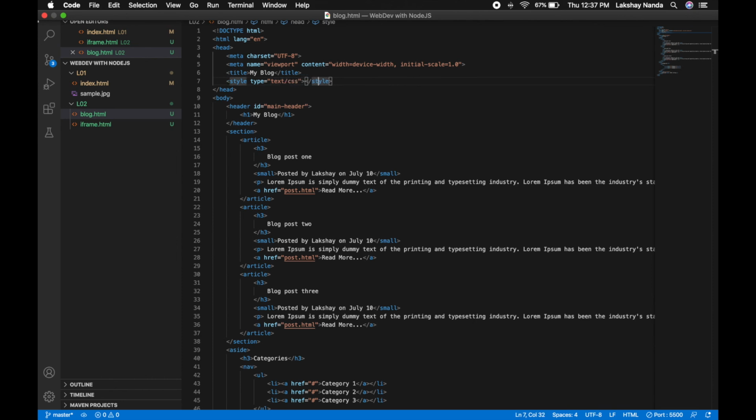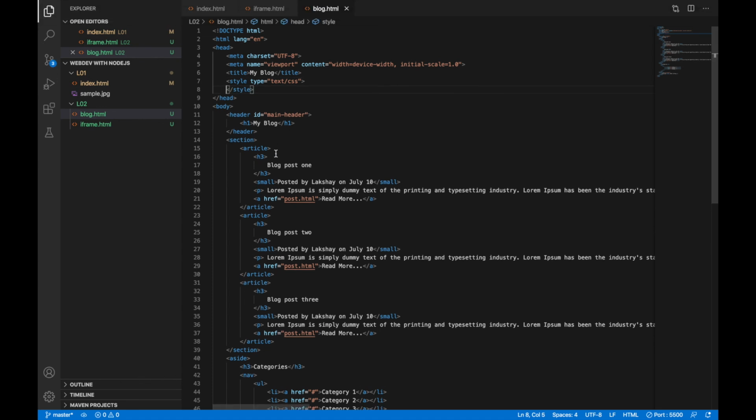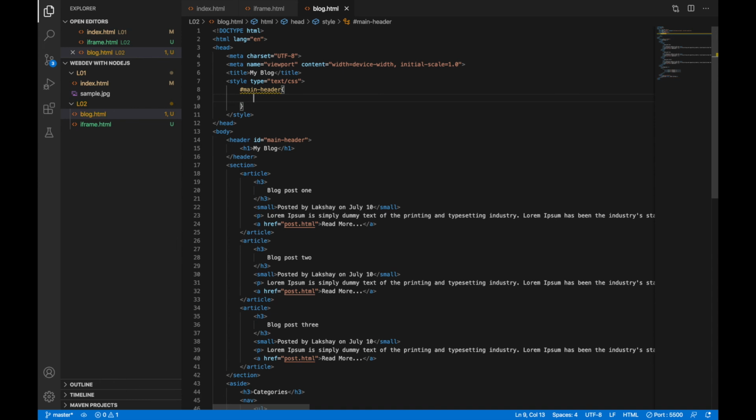That means the style sheet that I'm attaching is of CSS style. Now once that is done, I press enter. Now since I have given ID over there, to find an ID and style it, we need to write hash main header. So this was the ID main header.